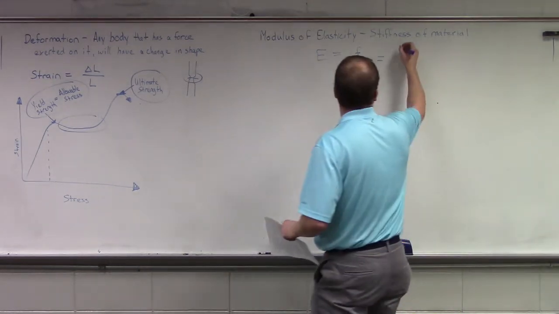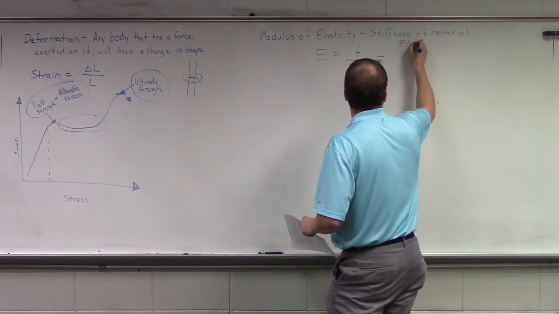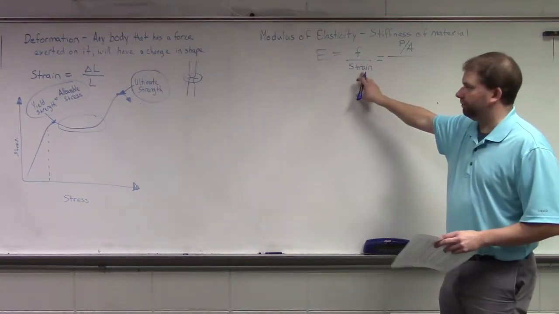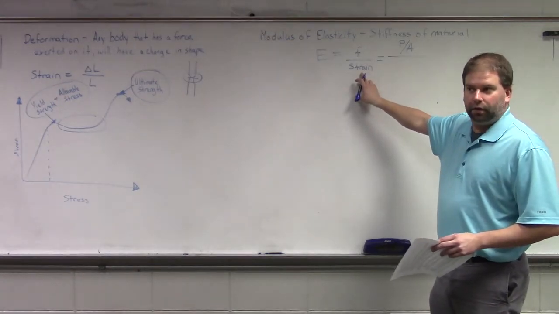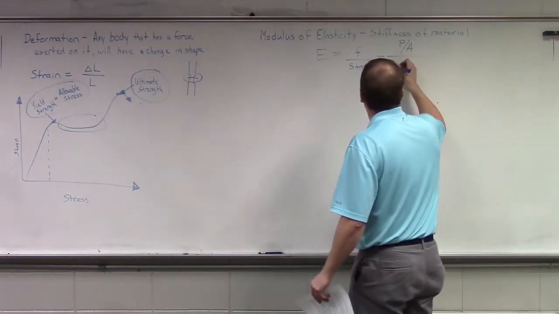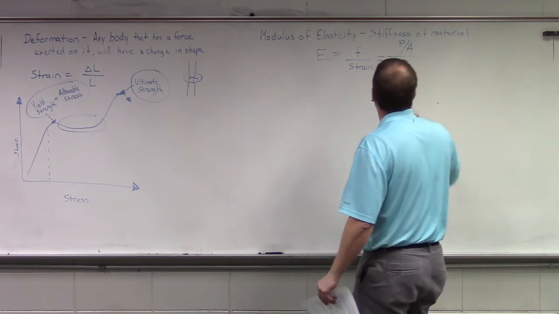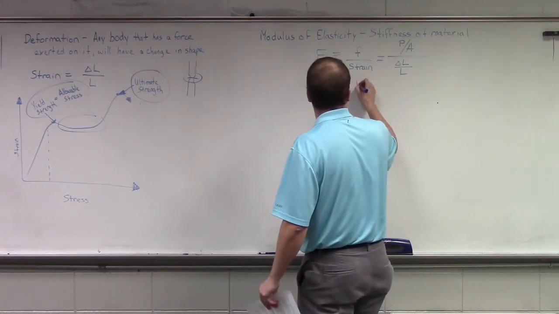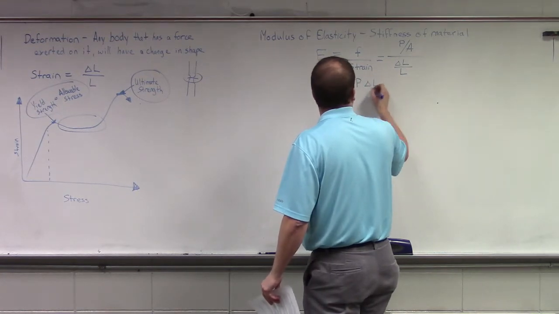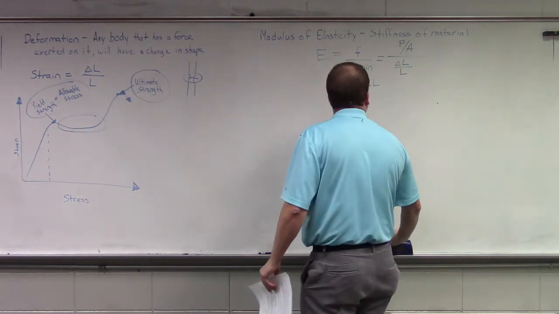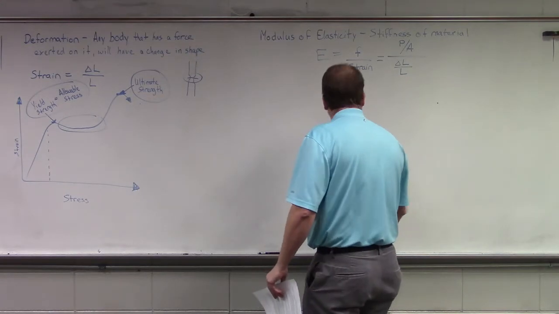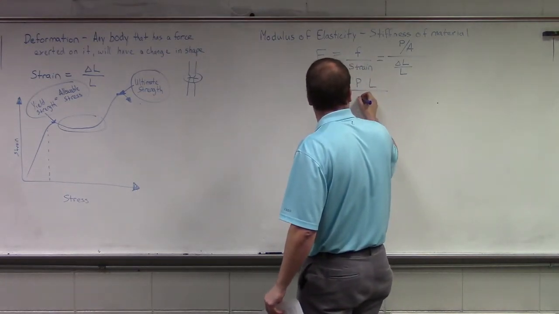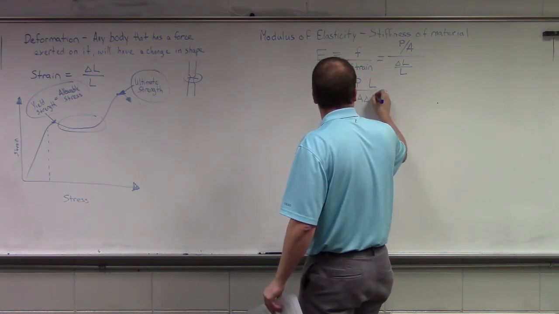It's equal to our force divided by our area. And what do we know about our strain? It's the change in length over the original. It's our change in length divided by our original length. So we could also say that our modulus of elasticity is equal to, nope, that's not correct. Our loading condition times our initial length divided by our area multiplied